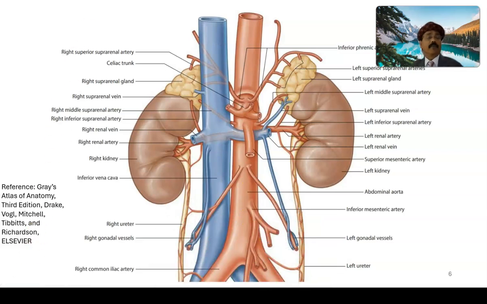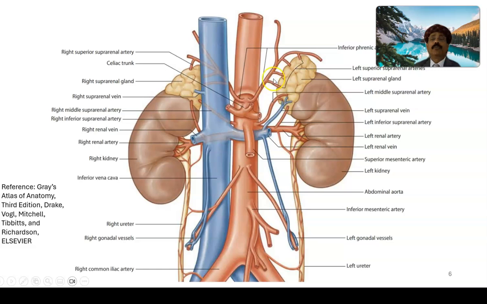Okay, this is the image from Gray's Atlas of Anatomy. We have to find the suprarenal gland. This is the left suprarenal gland. This is the right suprarenal gland. This is triangular, this is pyramidal shape. This is crescent shape. And if we go to the blood supply, the suprarenal gland has a very rich blood supply from